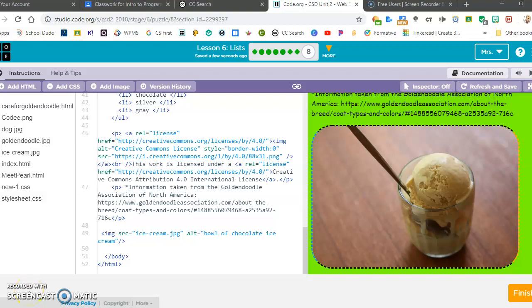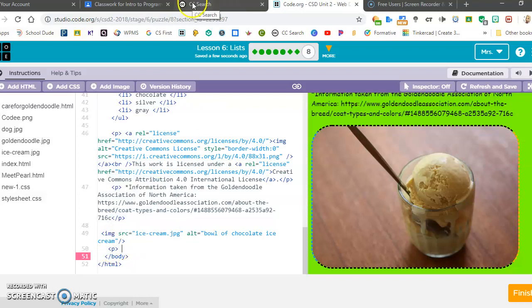Okay, this screencast will show you how to add the attribution to your picture, which just means to give it proper citation, to give credit to the author who took the picture. So in this case, we have our ice cream that originally looked chocolate, now it looks like vanilla. But anyway, okay, so after the image element here, the tag here, the code, I'm going to make a paragraph